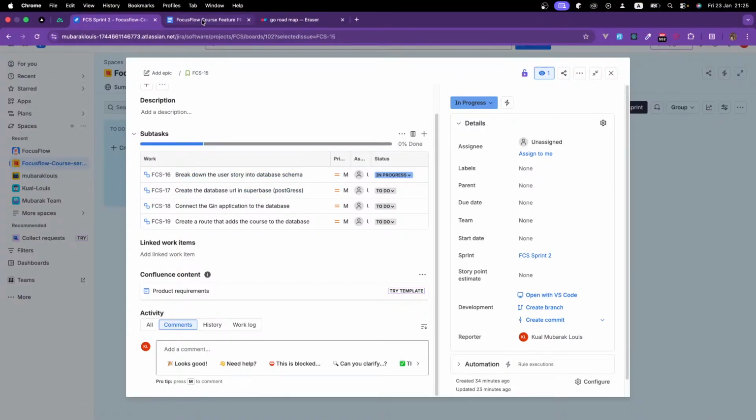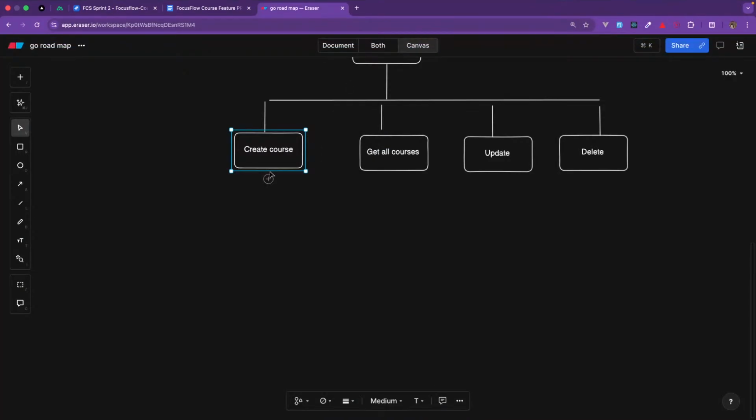So break down this. I think this is done. Then create the URL. But before we create it, I need to still break down this functionality into, let's say, after creating, what do I need next? After creating a course, we need a route to create a new course, which will be something like this. The API route will be